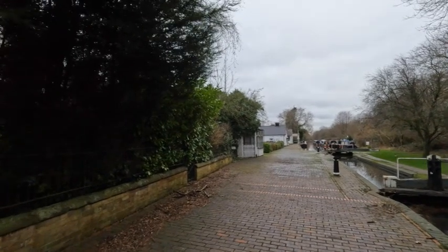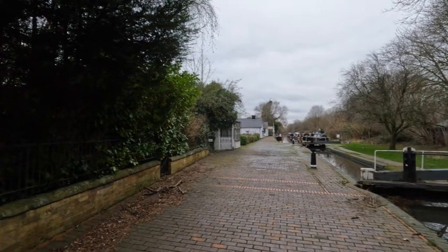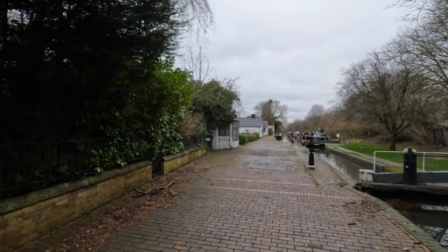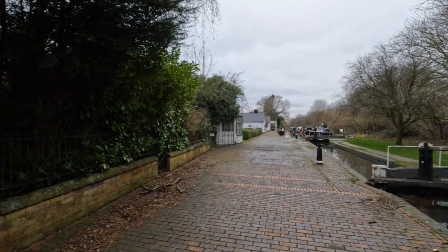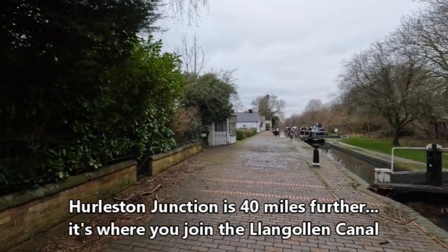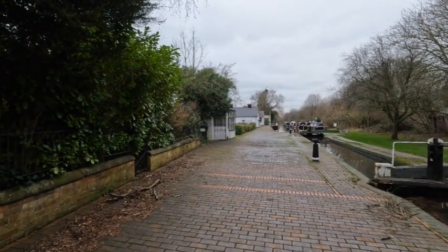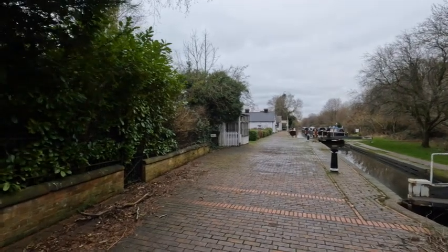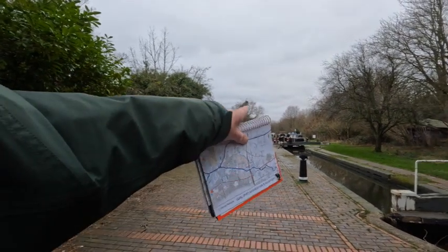So if we were to carry on up this canal, up the Shropshire Union, in about 40 miles, we'd reach somewhere called Aldersley Junction, and Aldersley Junction is where the Llangollen Canal starts or ends, according to how you see things. The Llangollen Canal is really sort of an offshoot of this canal, so it's really the Llangollen branch of the Shropshire Union Canal. So yeah, if I'm lucky enough to have some time on the Llangollen this year, I might find myself then coming down this canal